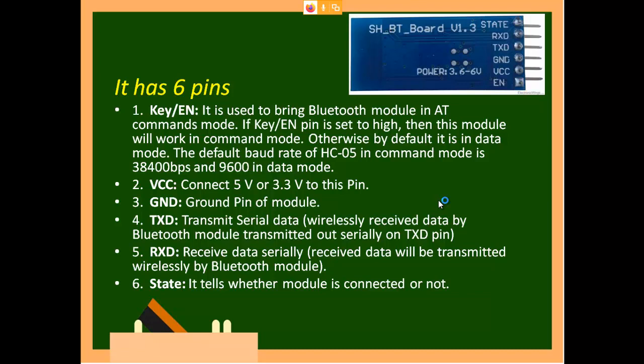In microprocessors, you might have heard of something called clock pulse and voltage. I will tell you more in detail once I complete this PPT. Now here you have VCC 5 volt and ground. Then you have one pin called transmission and another called receiving. Then status will tell whether the module is connected or not. This will be connected to an LED. Whenever it is communicating with the microprocessor, this LED will glow, indicating that this Bluetooth device has connected with the peripheral.